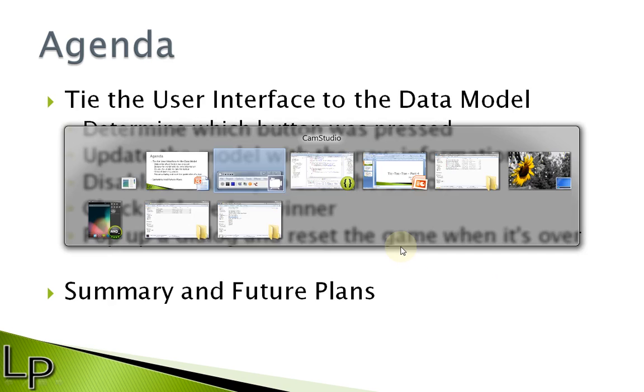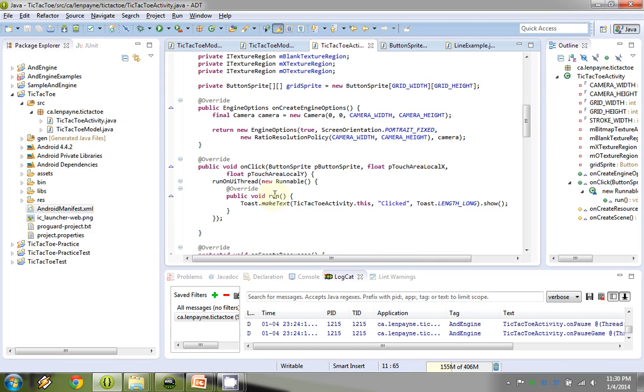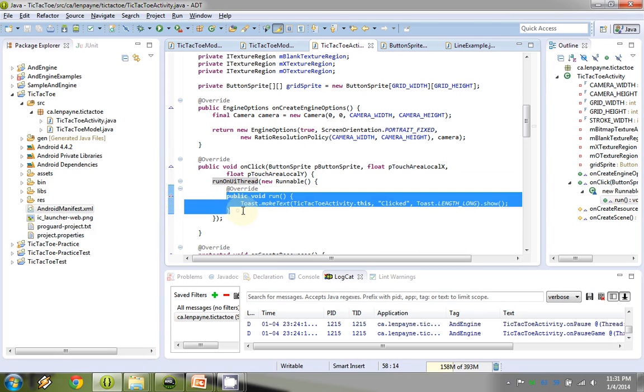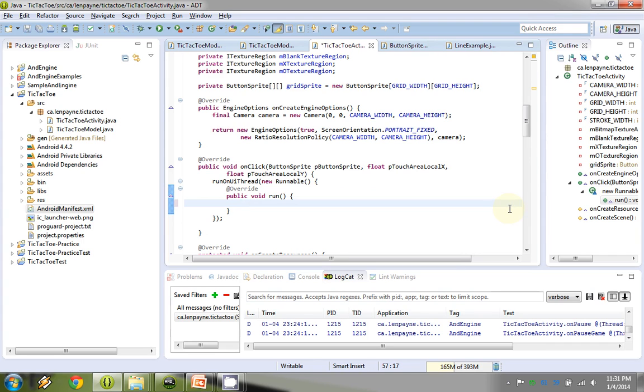So, back to the code. Most of what's going to need to happen happens here in this onClick. Remember that onClick method? All it really did was run a method called runOnUIThread, created a new runnable object that included the method public void run. Previously, what this did was it clicked. What we want it to do instead is